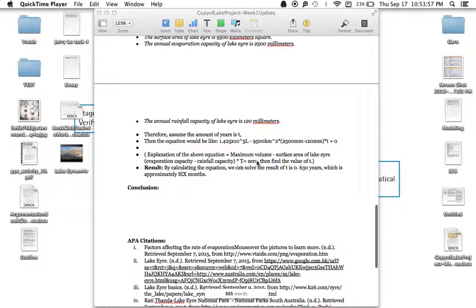And our result, by using a calculator to solve the equation, is that t